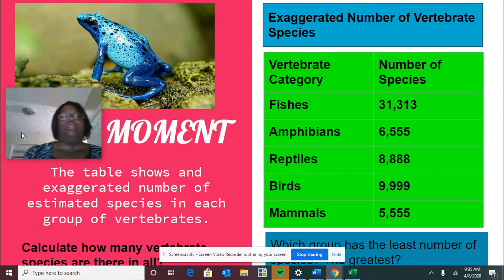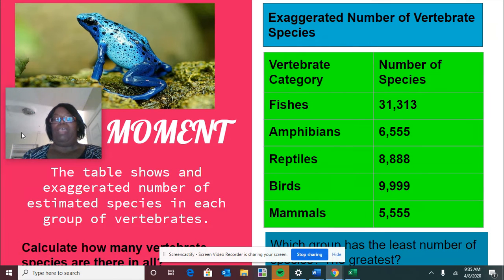I saw a nice little chart in a source and I didn't take time to copy the source. So I created my own chart in Google Docs so you could have a basic understanding about how many vertebrates we have. But I changed the numbers just a little bit since I didn't give credit to the source. So vertebrate categories. You have fishes, which are